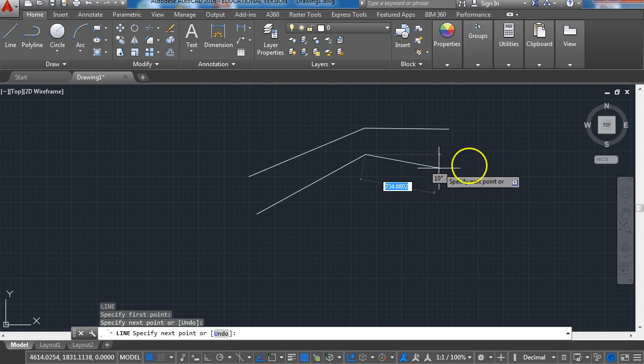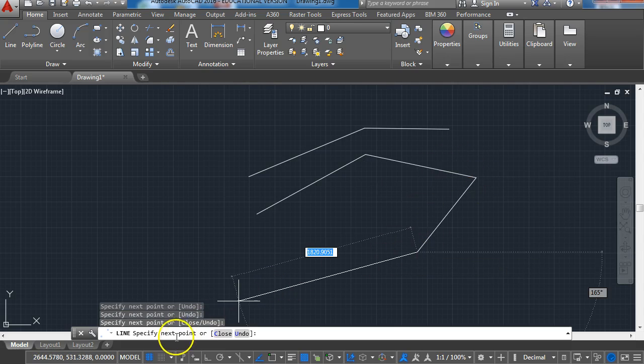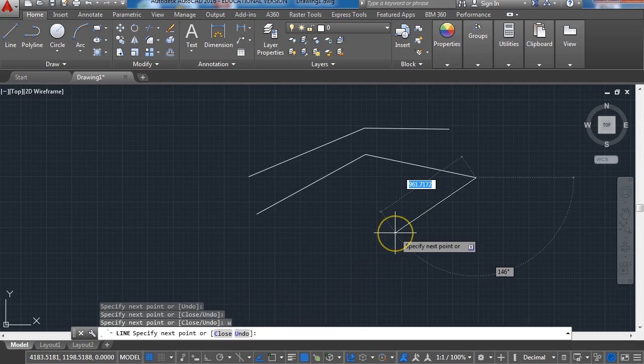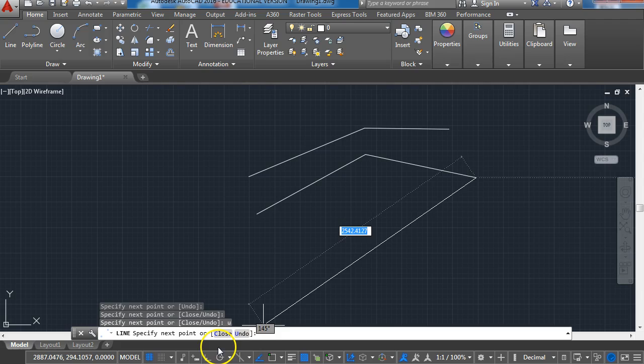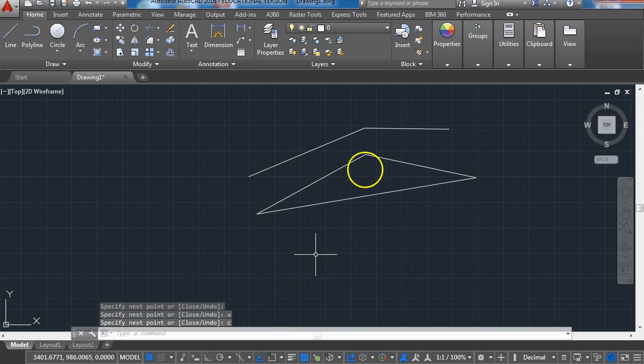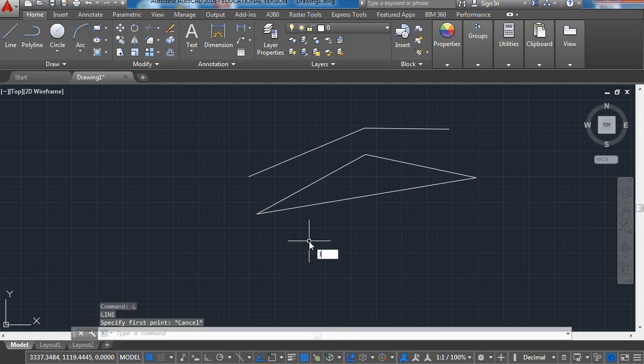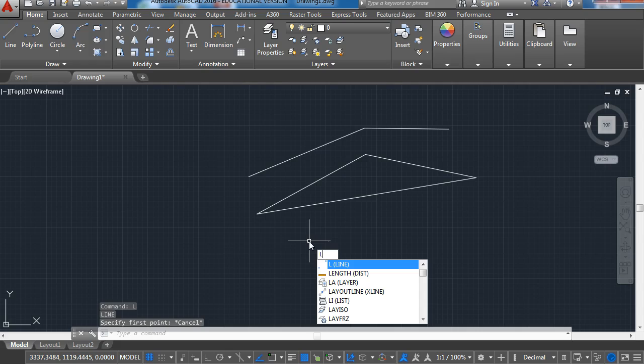We can draw a series of lines. Some of you may have noticed we get an extra option down here for C to close or U to undo. U undo will undo the previous line entered, or C to close will close up to the first point drawn. So if you're coming to the end of your drawing, and you want to just close it up, just hit C to close. We can also, when going into the line tool, L, then spacebar,